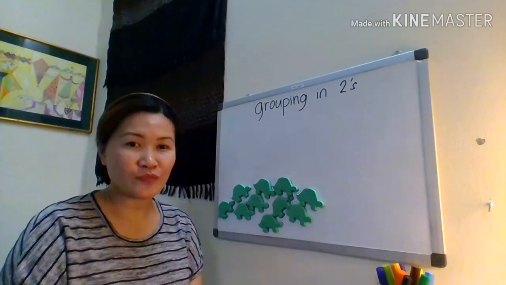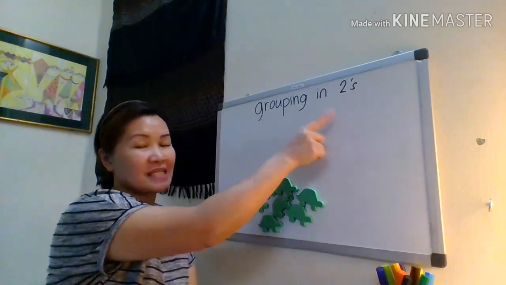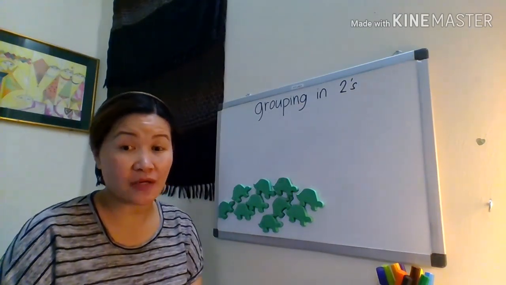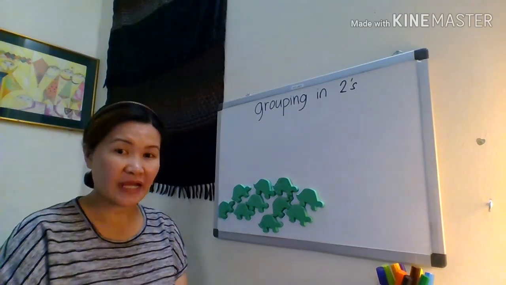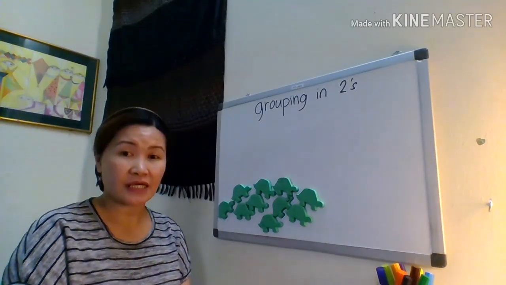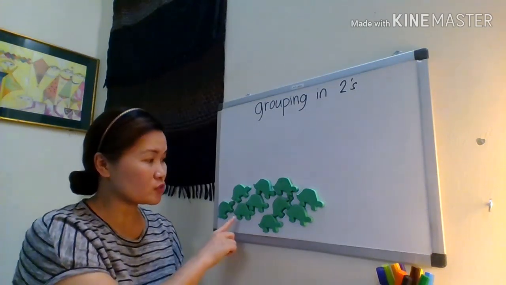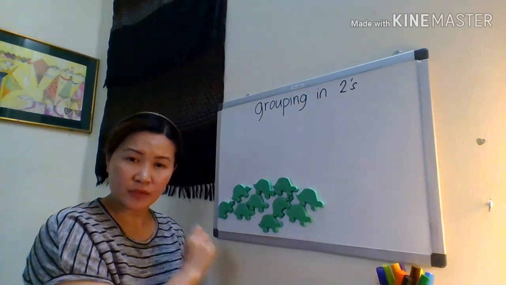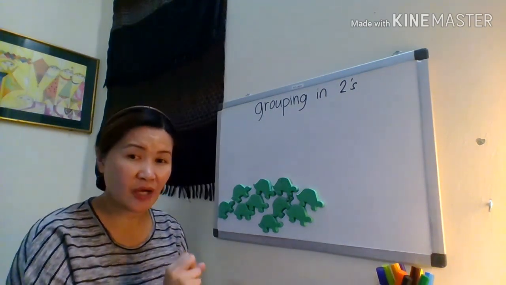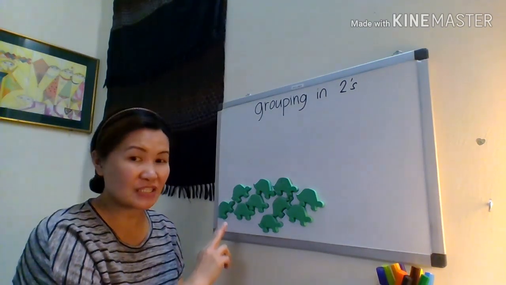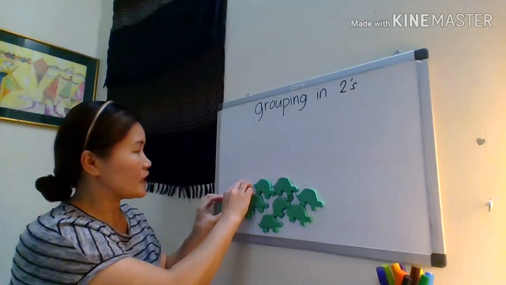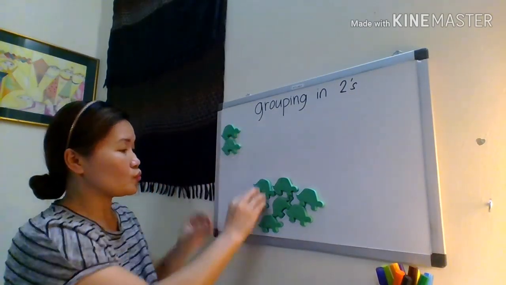Okay, so now we move on to grouping in 2s. Alright, now that you know how to skip count by 2s, let's practice it in grouping. Okay, so we are going to be counting the turtles that I have here. So since we already know how to skip count by 2s, let's get 2 turtles and skip count. Okay, so we have here 2,